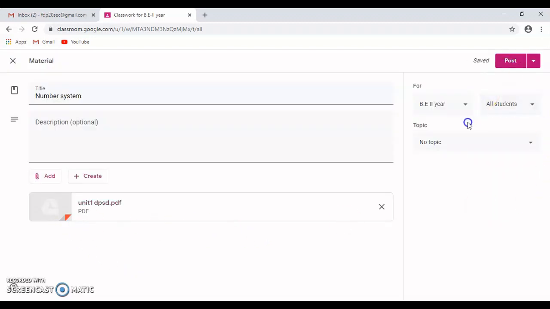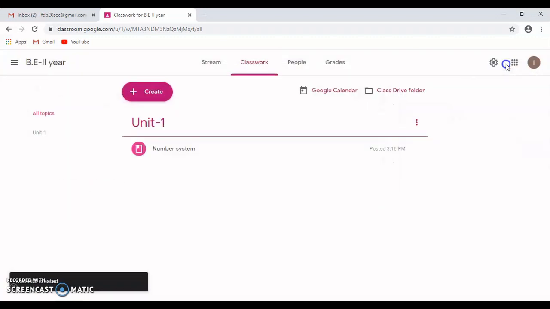On the right hand side, in the topic drop down box, I click on the topic Unit 1. I have options here: either post it immediately, schedule a post, save it as a draft, or discard it. By clicking on this drop down box, the other options are available. I want to post it immediately, so I'm going to click on Post. Now this particular material is posted.